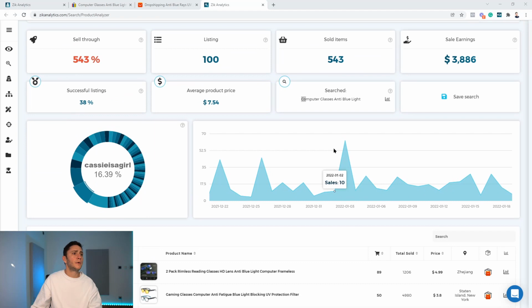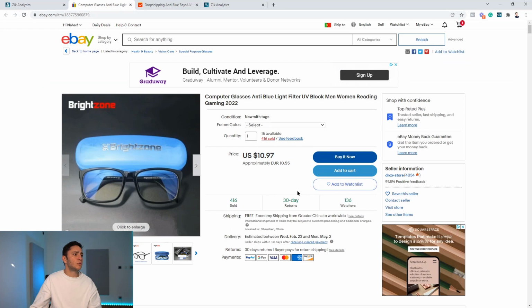So I will scroll up and copy the keywords that define the product, the keywords I used on the competitor or on the product research tool, which is computer glasses, anti-blue light. And then I will go to my supplier and look for a similar product. Now, instead of trying to sell the exact same product like here, I will try to find something similar, but for a much lower price. It can be maybe slightly different colors, maybe a different case, a little bit different shape, but I'll try to keep it as close as possible to the original